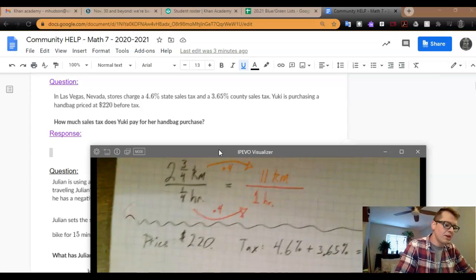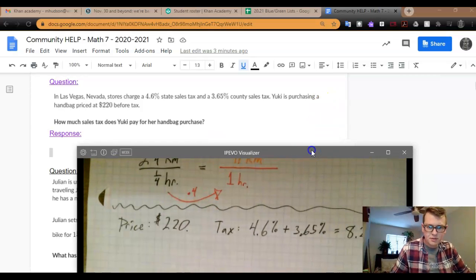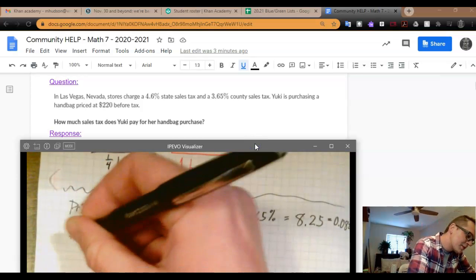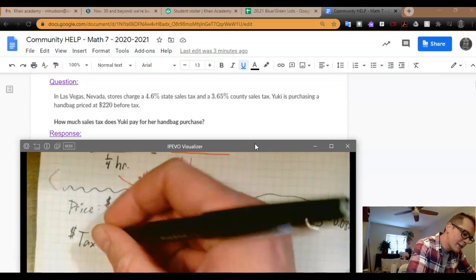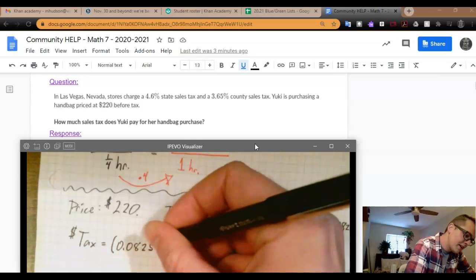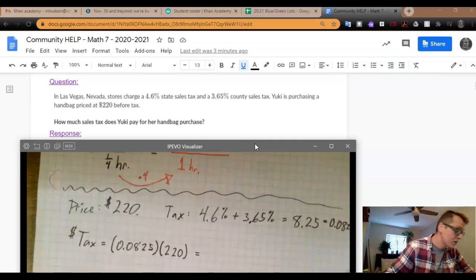And now we know that to figure out the amount of dollars in tax paid, we're going to scooch this over because I just realized my picture is getting in the way. So we have this formula on our formula sheet. The amount of tax paid is going to be that tax percentage of the 0.0825 times the sticker price, which is way too expensive for a handbag,